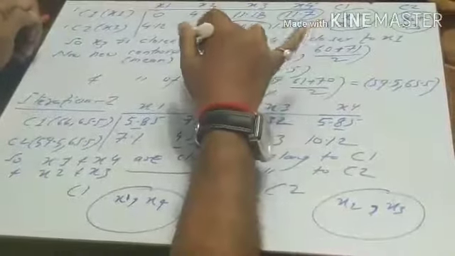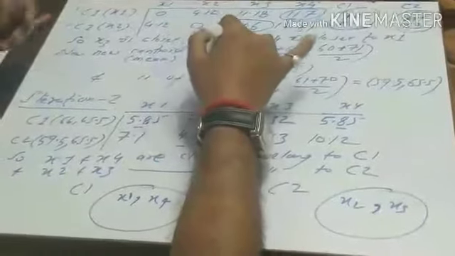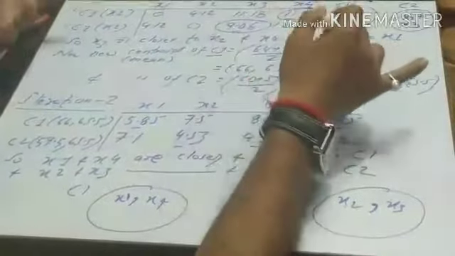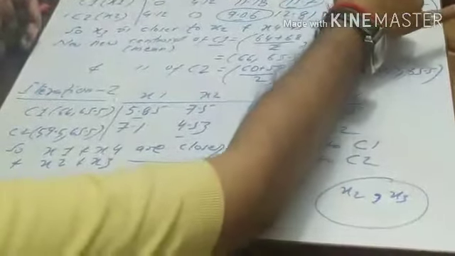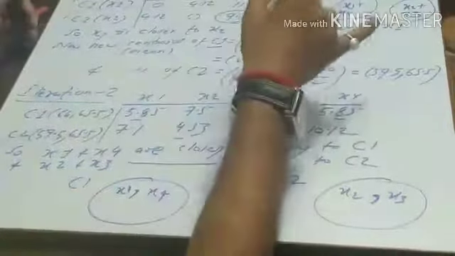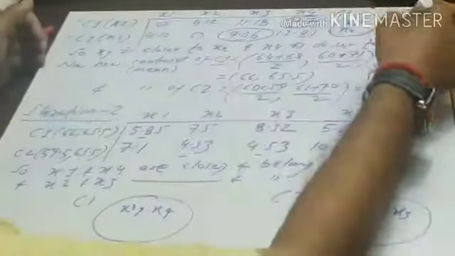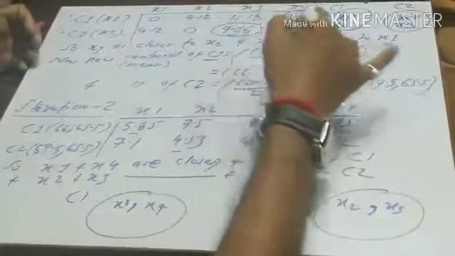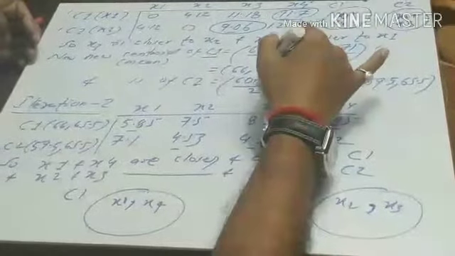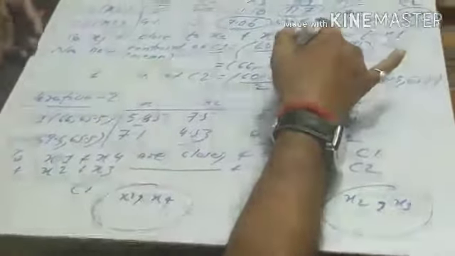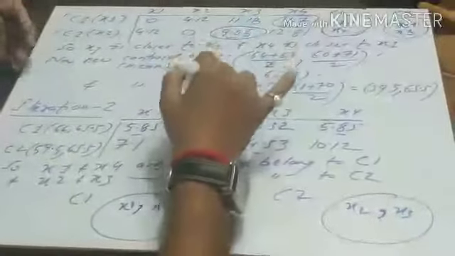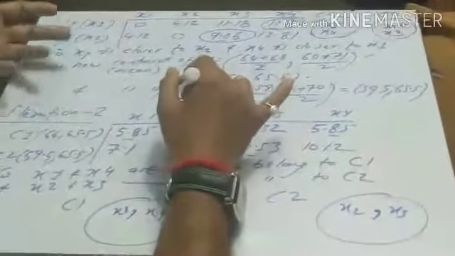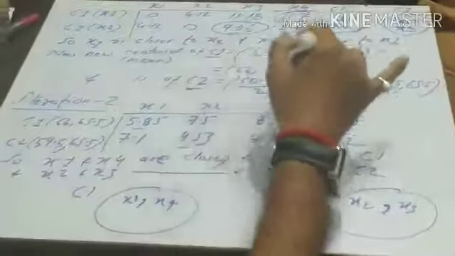Now we calculate the new centroid, or mean, of cluster C1, whose points are x1 and x4, given in the example. There are 2 points, so we divide by 2. The mean value of the C1 cluster is 66, 65.5. Similarly, the centroid of C2 is